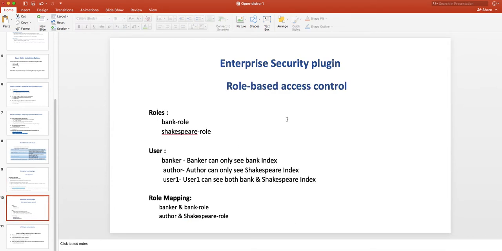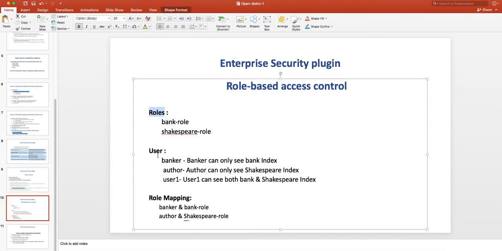So let's talk about role-based access control. When talking about the Open Distro security plugin, role-based access control, we have users, we have roles, and we have role mapping. These are three important things in the Open Distro security plugin. So what is a user? A user is basically the one with which you will log in.